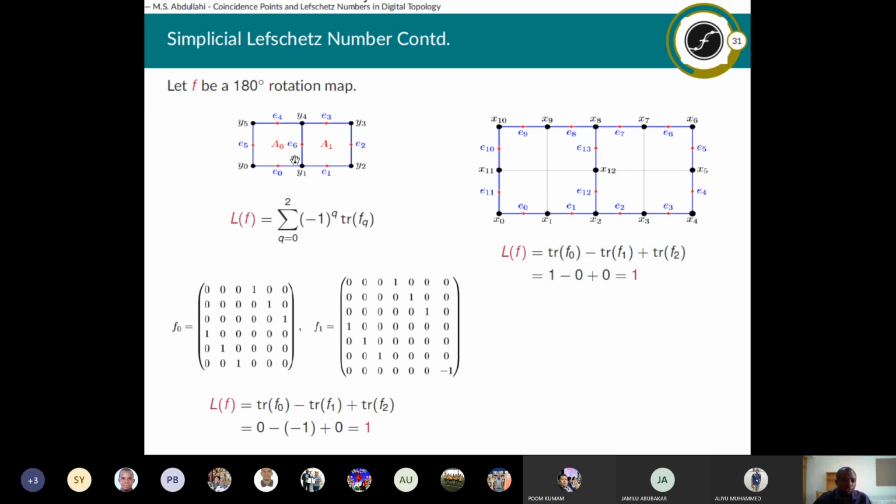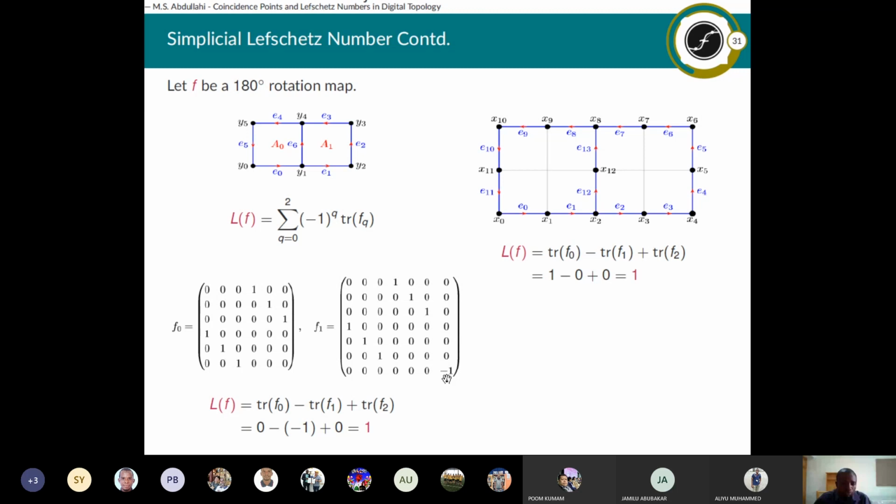And if we do the 180 rotation of this function, this edge here will become this edge, and that's what gives us that this edge E0 will be E3, with edges E0, E1, E2, E3. That's why we have 1 there. And if we do this edge, it will come to this point here, and that means this E1 will move to E4. That means E1 will go to E4 continuously.